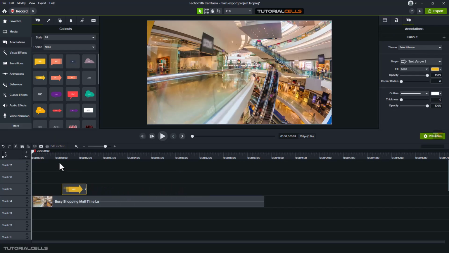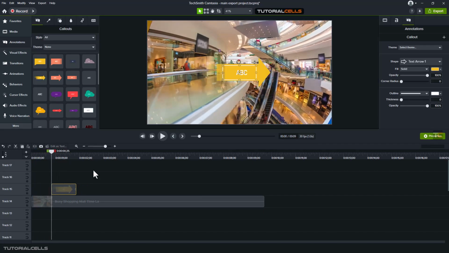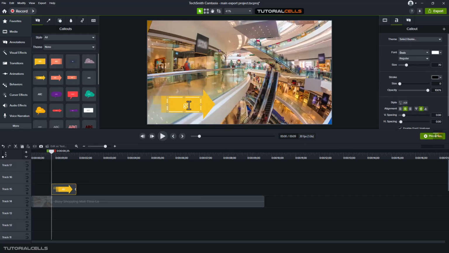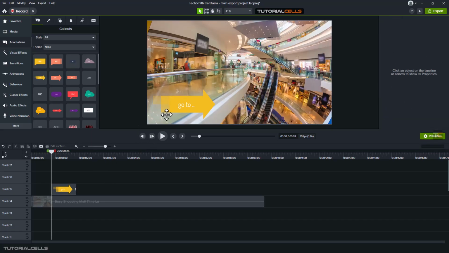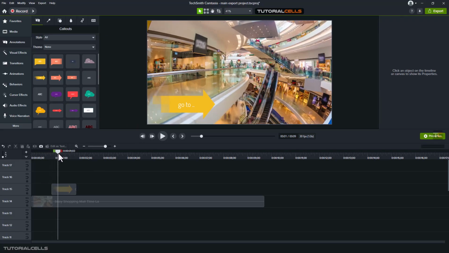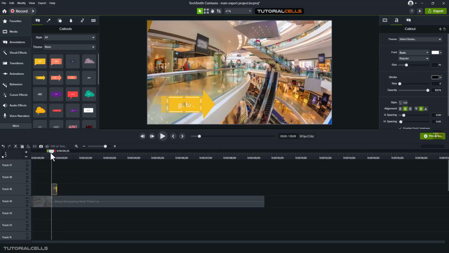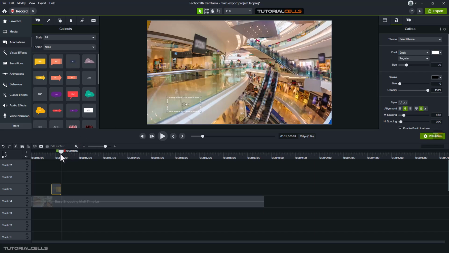And I want to tell you what I want to do. For example, if the video reaches here, an annotation will appear. Nice. In this annotation, I want to tell you go to blah blah blah. If the user reaches this, I want it... it's too big. If the video reaches that and gets to the end of this button, I want it to stop. And if I click on this, jumping to URL, jumping to